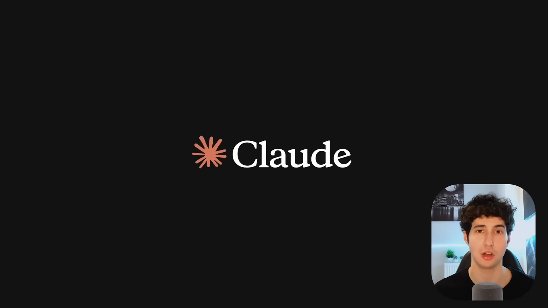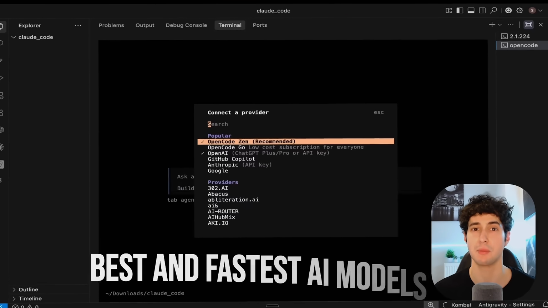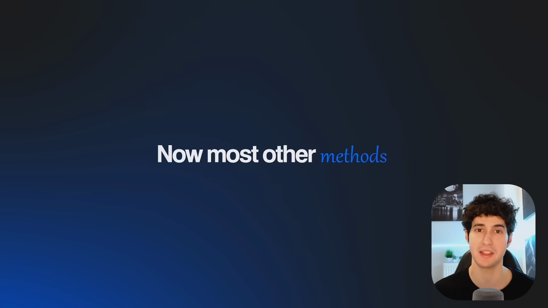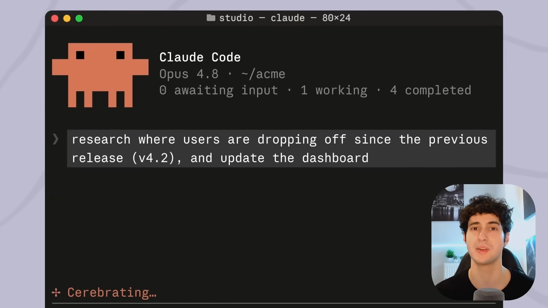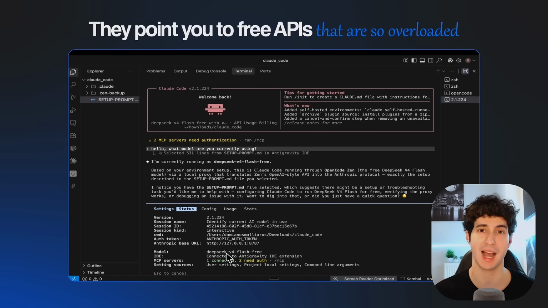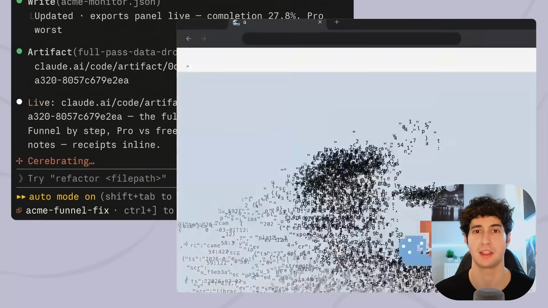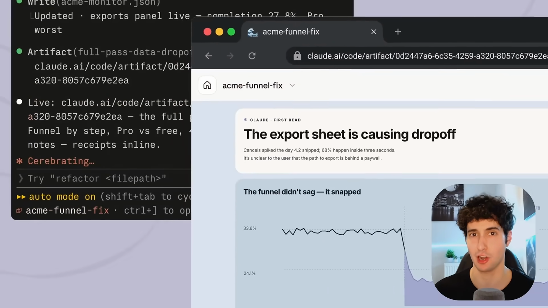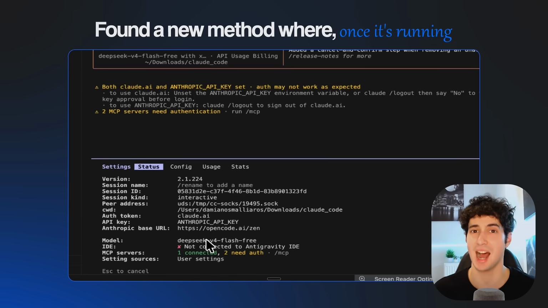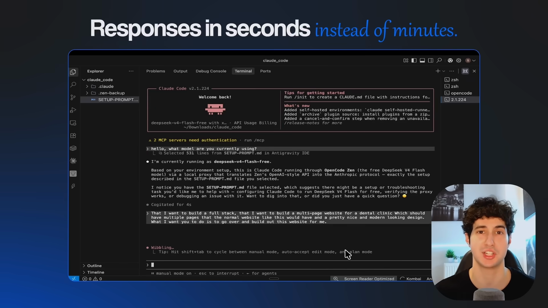You can now use Claude Code completely for free with some of the best and fastest AI models available. Most other methods either show you how to run these models locally, which means they can take minutes to give you a response, or they point you to free APIs that are so overloaded that they end up being just as slow. But recently, I found a new method where once it's up and running, it gives you responses in